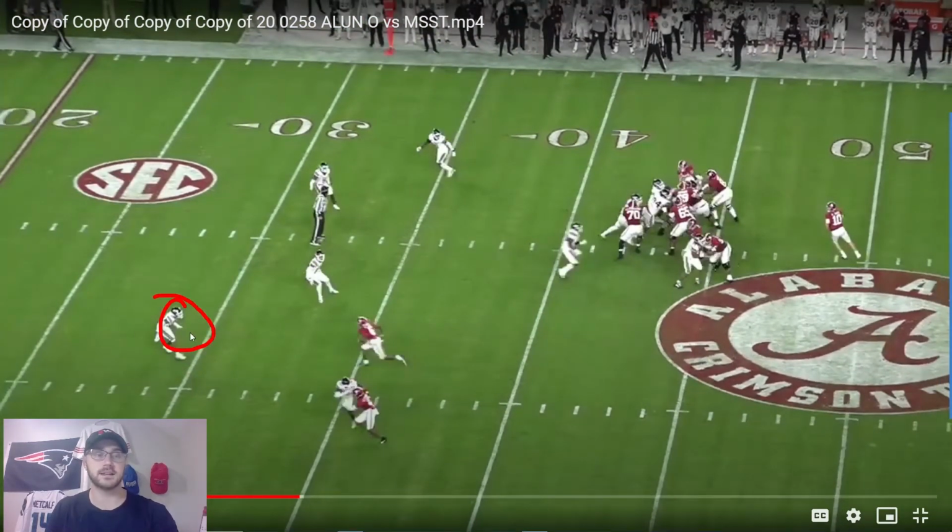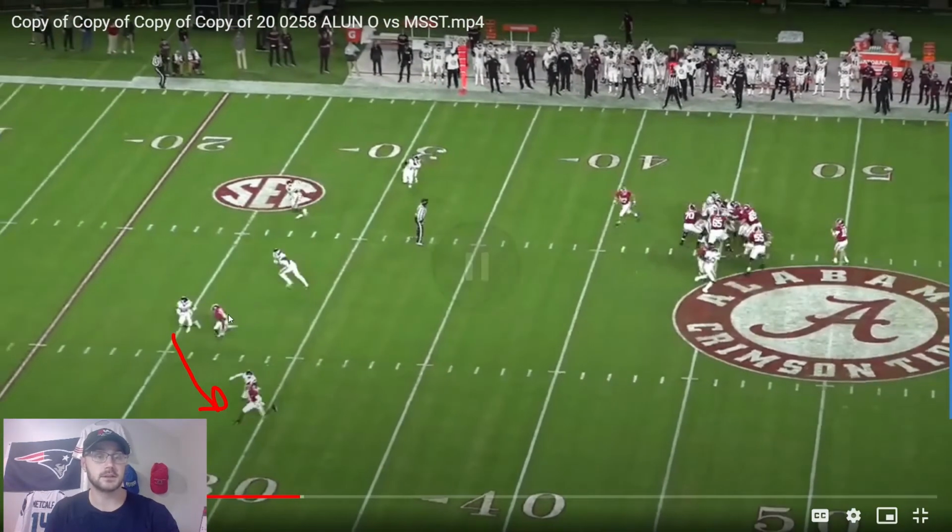This defensive back's in a back pedal, and he's essentially squaring him up so he can threaten both ways. They call it creating a two-way go. He could run this way, he could run this way. And when you do this, you want to be able to get up on the toes of the defensive back because now you can break at any angle and they're not able to T-step and drive on a route break. So he gets up onto the toes of the defensive back before breaking to the corner